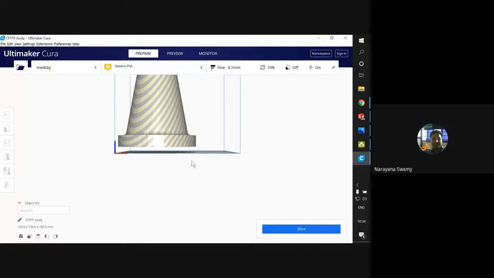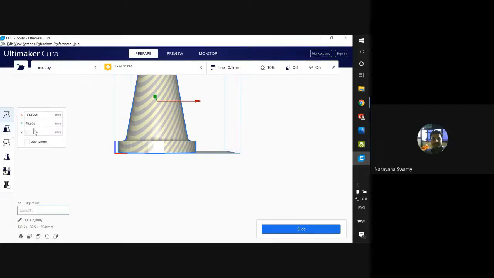That should not happen. It should be on the ground itself. If you give a 0, you can see that is the difference we normally observe. So when it comes to these things, select the object and make sure that Z is at 0, so that the body is on the bed.